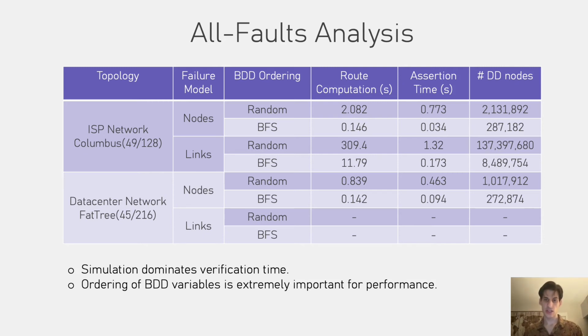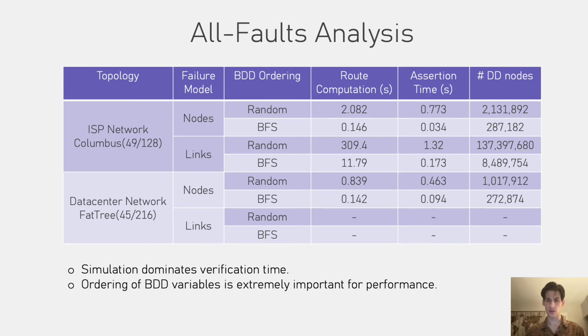You might also notice that for each network and failure model there are two experiments. The difference is in the ordering of decision nodes we choose. It's well known that picking a bad order can blow up the size of a decision diagram, but there's also no efficient way to find an optimal ordering. Usually, a good ordering is motivated by the application. So in this case, we tried a random variable ordering and an ordering that's based on a breadth-first search from the destination node.